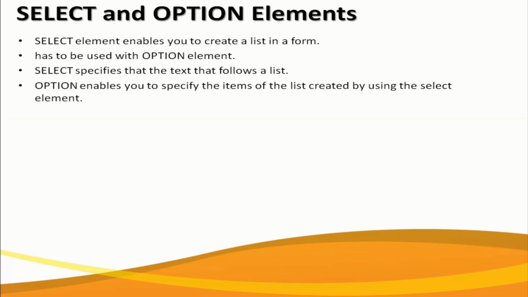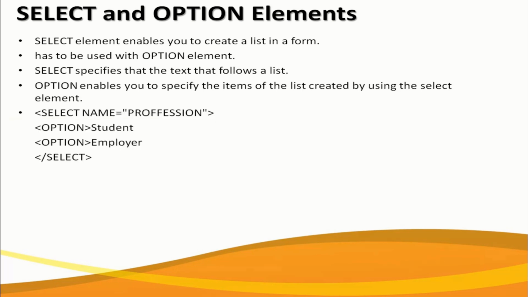The functionality of select element is similar to unordered list and ordered list element that define a list. The option element is similar to list item element that specifies the list item in a list. Consider the following code.